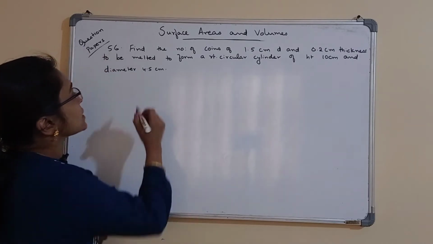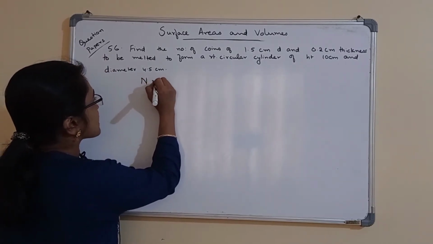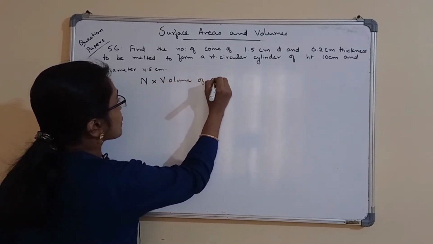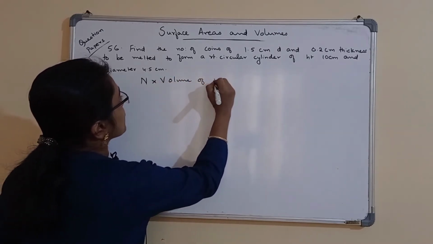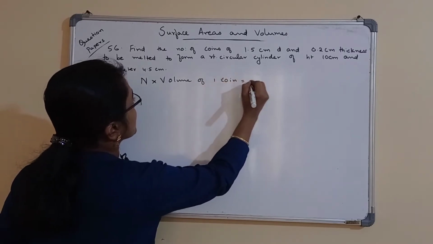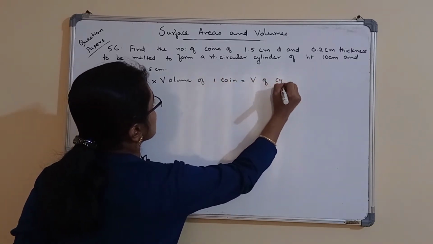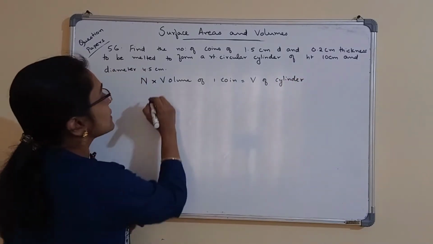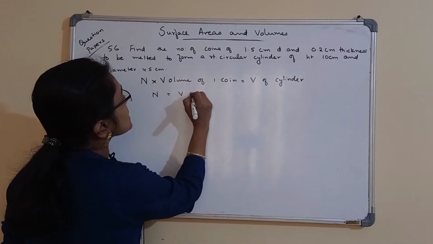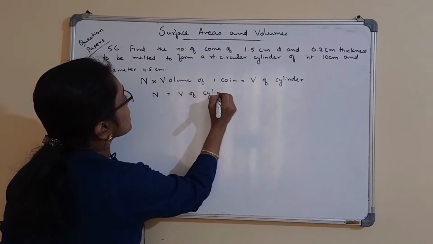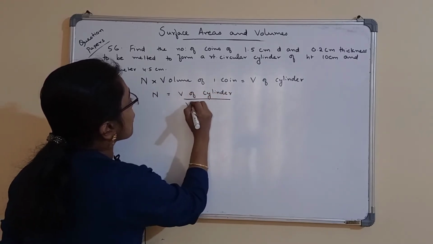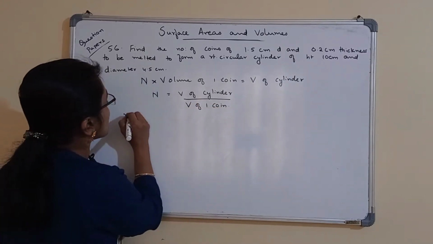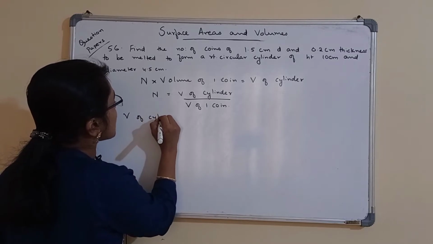So, number of coins, let us take it as n, into volume of one coin will be equal to volume of cylinder. So n equals volume of cylinder by volume of one coin. And what is the volume of the cylinder? It is pi r square h,